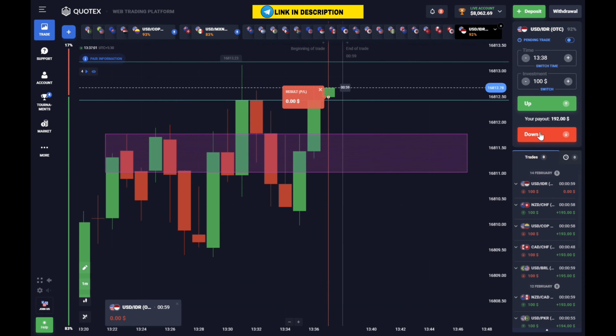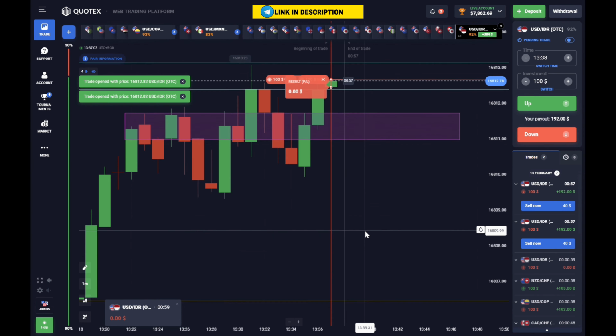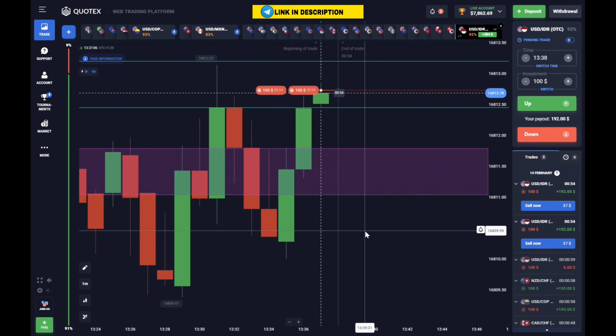Here, this trade resulted in a loss, so I have placed a double trade of $12 here because overall, I know that the market movement can stay downward here as there is a strong resistance level above. Previously as well, the market has moved downward from that level, which is why I placed a double trade there and took a risk of $200.